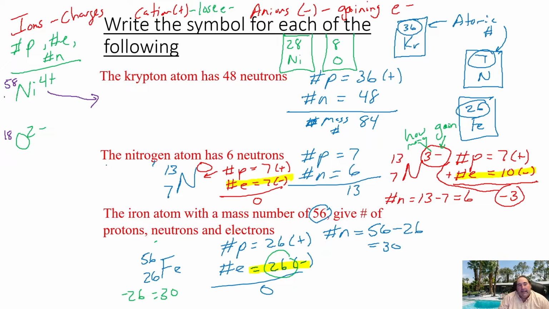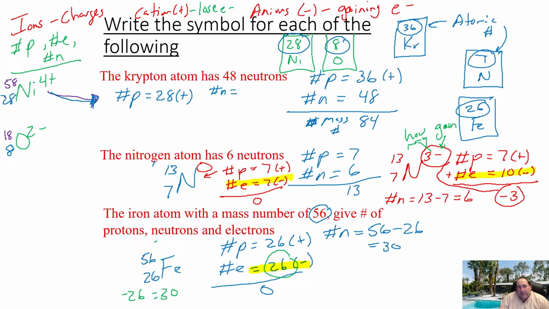Okay, let's take a look. So we got these top numbers, which are our mass numbers given to you. We could obviously, if the bottom numbers there weren't given to you, go to the periodic table and grab our atomic numbers off of it, and we'll fill them in here, 28 and 8. There we go. All right, so we'll start with nickel now here. So starting with our atomic number, our number of protons in this case would be 28 there.